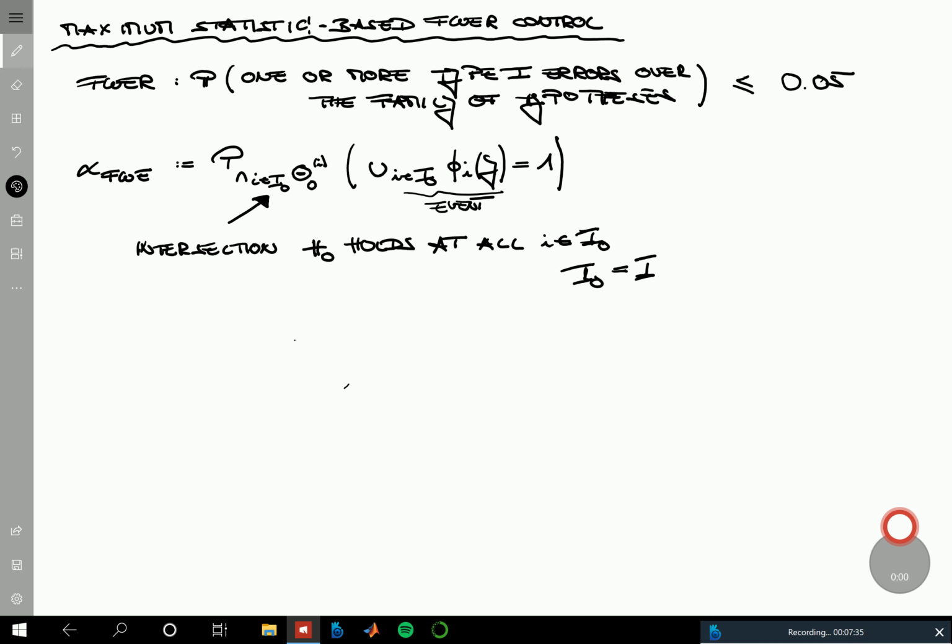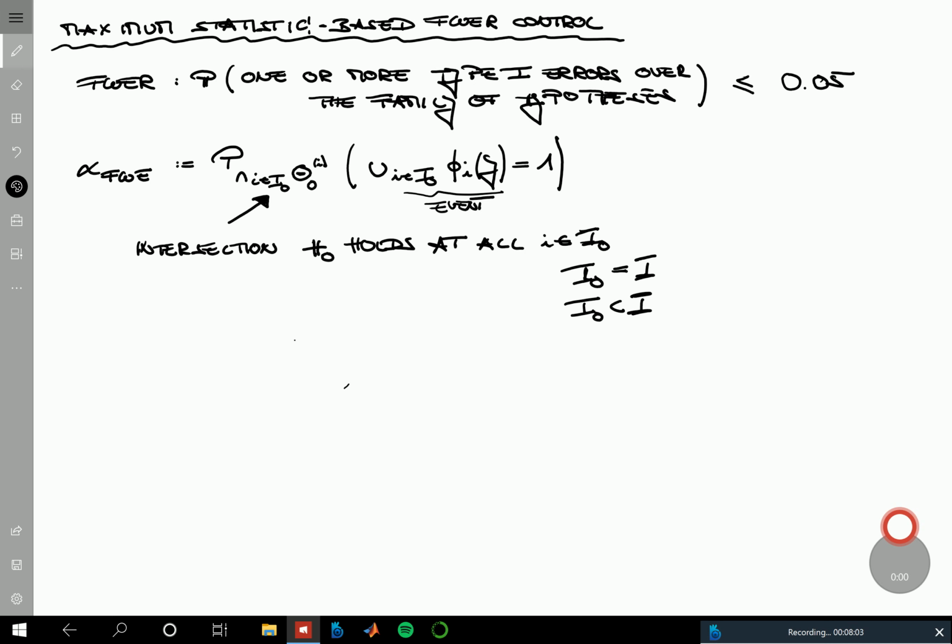Then you would look at the probability for this event of one or more false positives under the assumption that the null hypothesis is true for all tests, so for example all locations in the brain, or you can have the scenario that I0 is just a subset of I, so then you only worry about the probability where